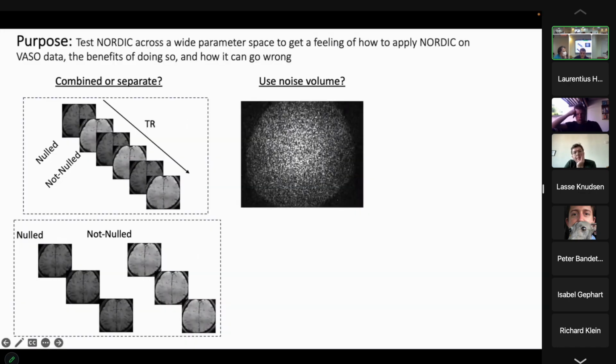So this is typically a volume that is acquired after the functional run with the exact same sequence, the exact same readout, but where the RF pulse has been set to 0, so we don't measure any signal. We basically just record the thermal noise, and then this image can be used to estimate what the thermal noise level is,